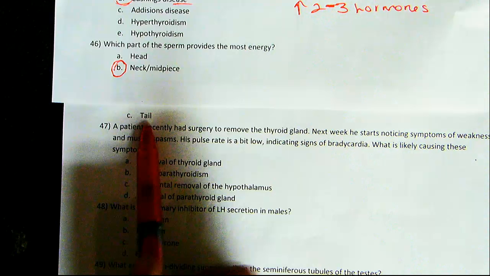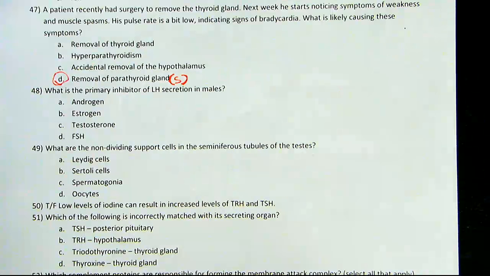And we have the H being produced from the hypothalamus. 52. Which complement proteins are to protect the host against